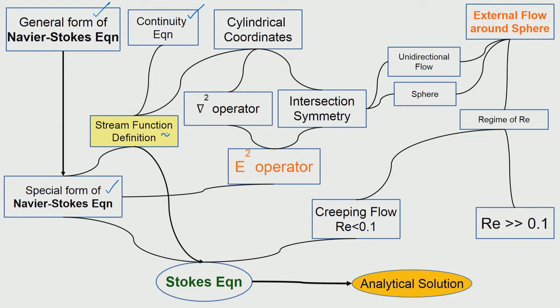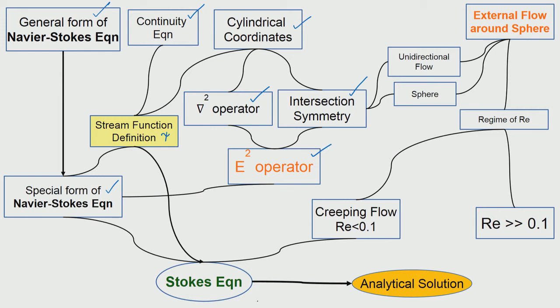So, stream function for example. That idea is also going to be used, and we can realize that the Laplacian operator is different in different coordinate systems. So, you do then see that for the coordinate system that you choose, operators are different, and combining with the axisymmetry that we have, some of the terms of the del square operator will be different, and therefore, we create the E square operator.